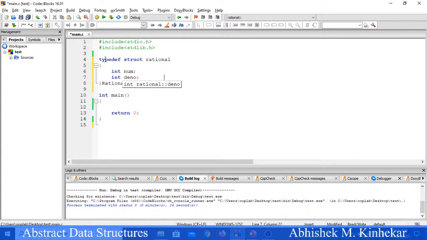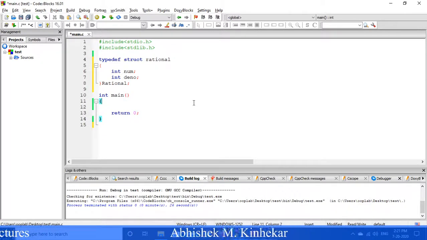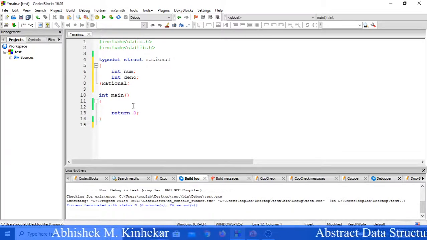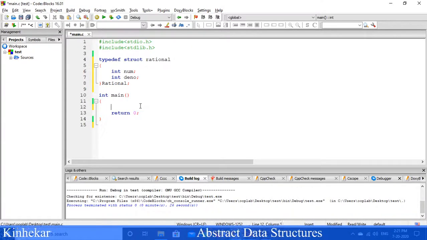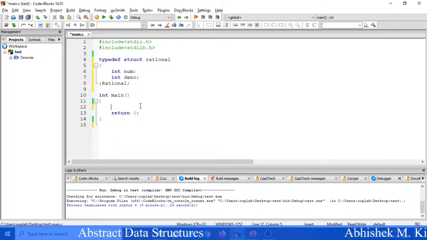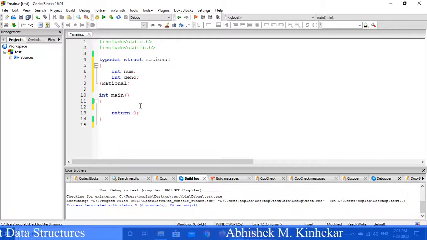Now what typedef tells you is that you have created a new data type by the name capital R Rational. Just like you declare any integer, float or character variable, you are now able to define variables of the rational data type as well, correct? Let us see how rational variables can be declared.